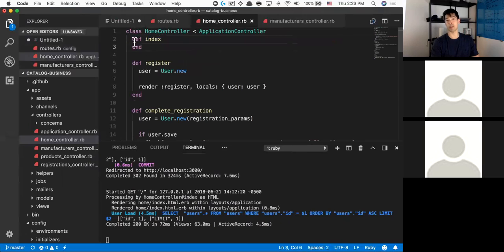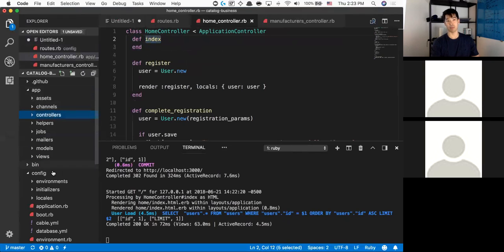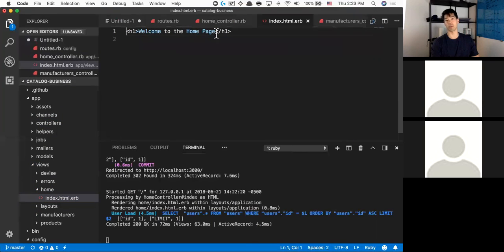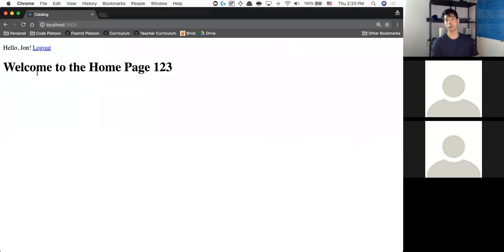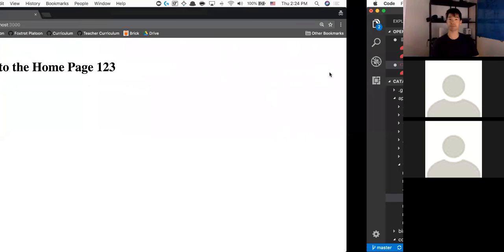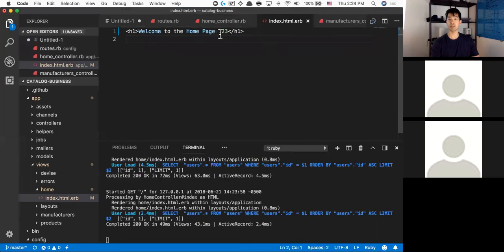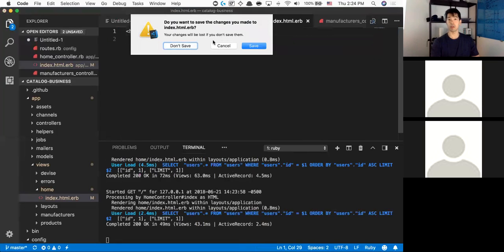This just shows me that there is something that exists called a method, but I don't need to actually execute any code. I don't need to grab anything from the database or redirect or do anything. At this particular point, the home controller is going to look for a view called index. App, views, home, index. And that's where this welcome to the home page comes from. I'll just change it real quick just to confirm that I am in the right place. Welcome to the home page, 1, 2, 3. Save,